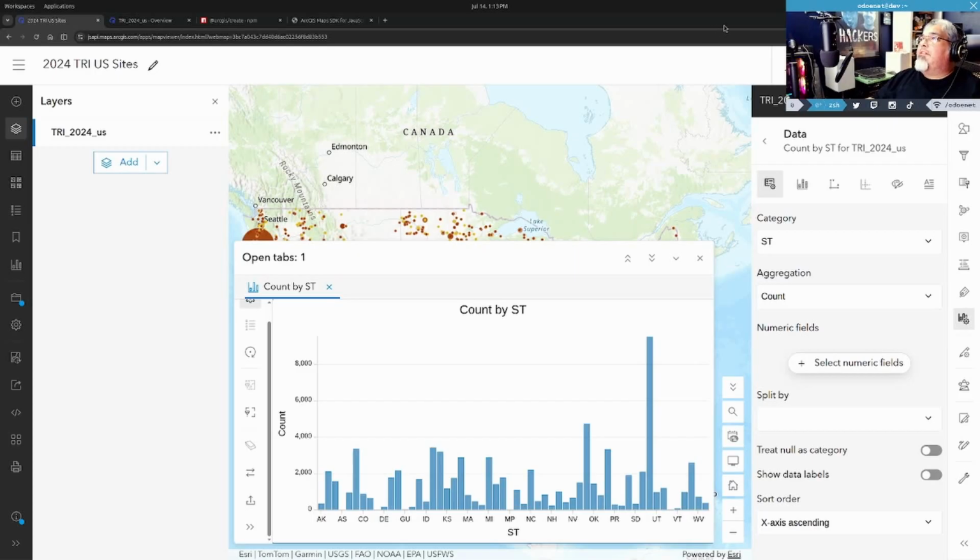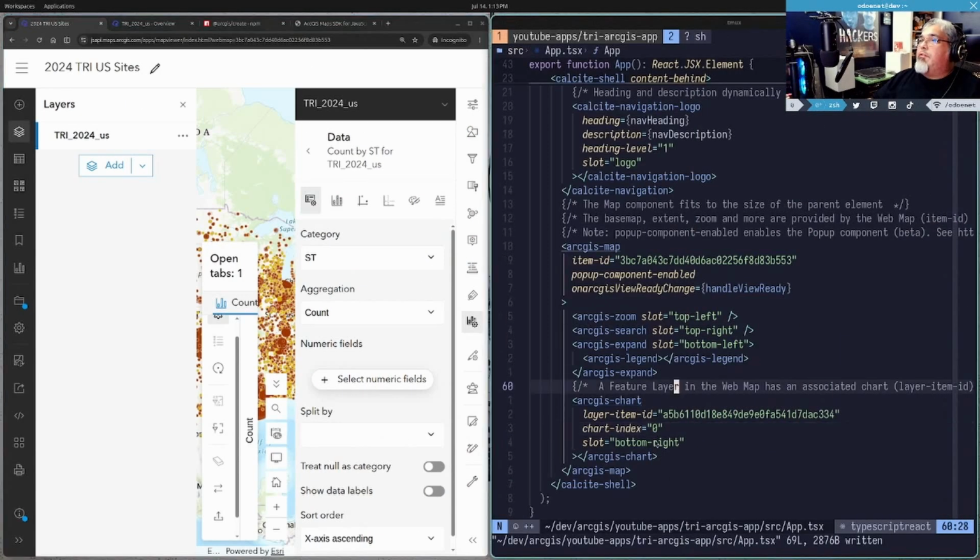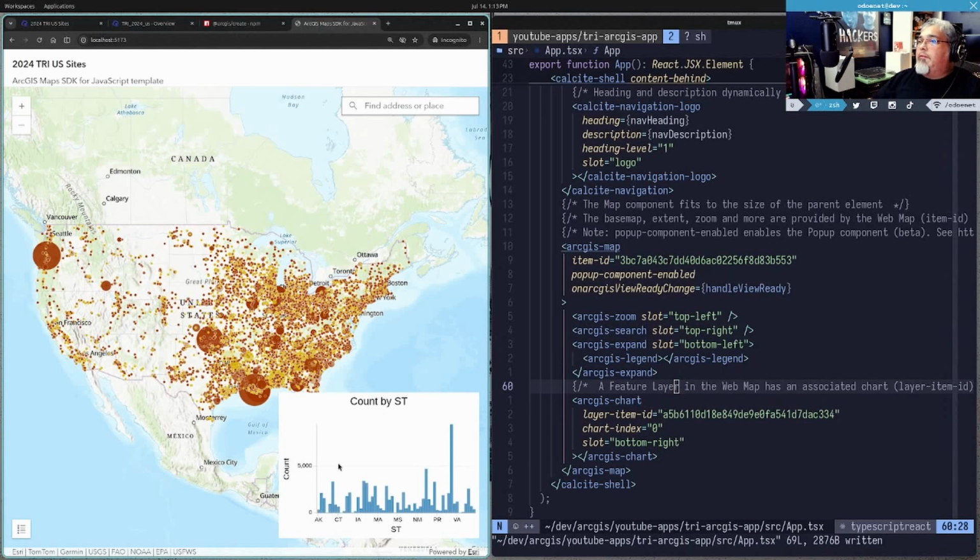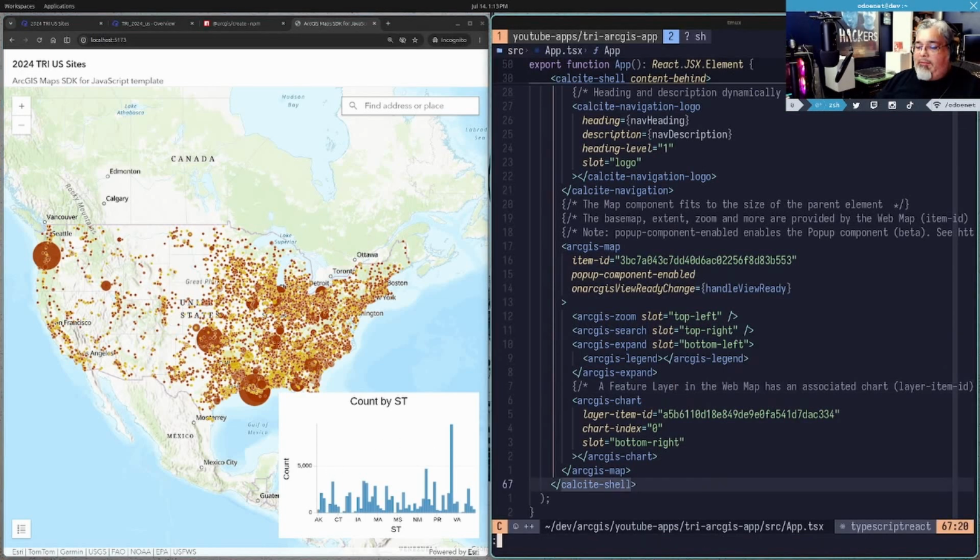If you go to the docs for the chart, there is a way to override the title, for example, so it's a little bit more clear as to what it is you're doing, which is fine. But yeah, there we go. I've got my map and the chart, everything I configured in Map Viewer in ArcGIS Online, available for me inside my custom applications,